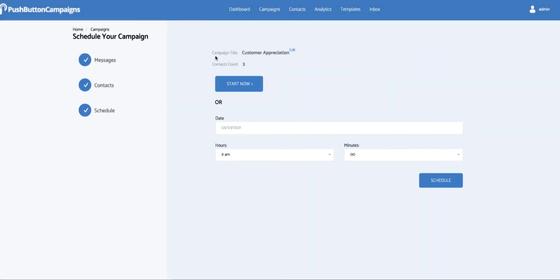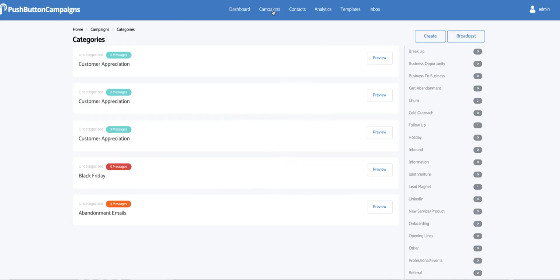And now again, we can see the campaign titled contacts. We can start now, or we can schedule it for a specific time or day. And that's how easy it is to review a campaign, start a campaign, edit a campaign, add contacts or customer lists to the platform. So now that you have a good idea on how this works,